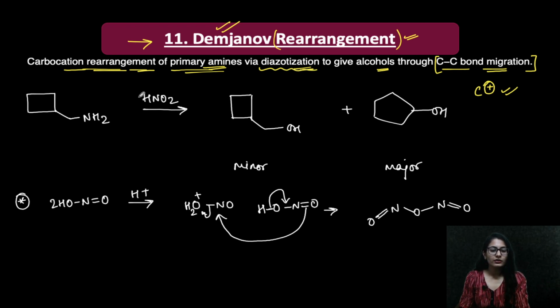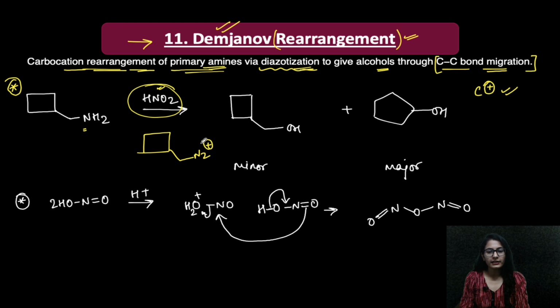Let's see. So over here guys, the first example that we have taken today is this molecule, and you can see that it is a primary amine, and further by providing HNO2 in the form of NaNO2 and HCl and so on, right? It's prepared in situ. So when it is provided to primary amine, it is going to first of all form the diazonium